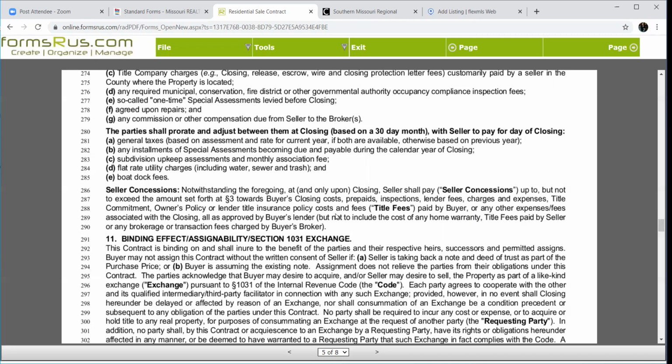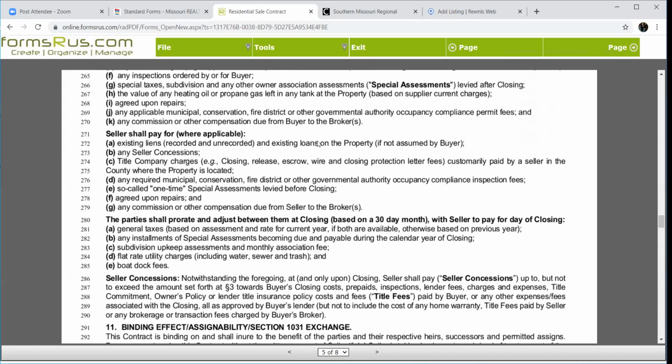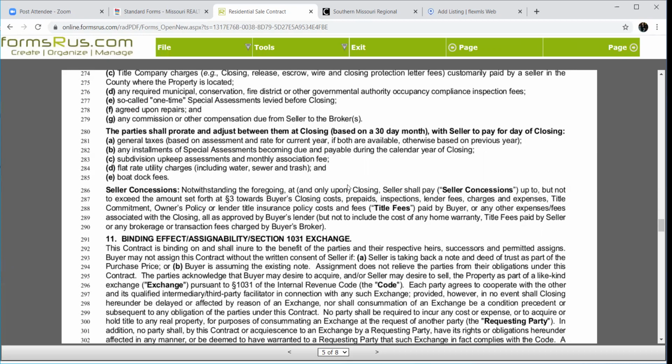Okay, so the closing costs will cover all those things up here, but will not include the cost of a home warranty. So I talked about if we had a $2,500 closing cost that we'd ask for, the $500 warranty is on top of that. Any title fees paid by the seller. So the seller's fees here, as I mentioned earlier, are not part of those concessions. These fees are over and above, as well as any transaction fees charged to the buyer by the broker. And that would be the flat fee. So if you're charging that $150 or $250, that cannot come from the seller. That has to come from your buyer.